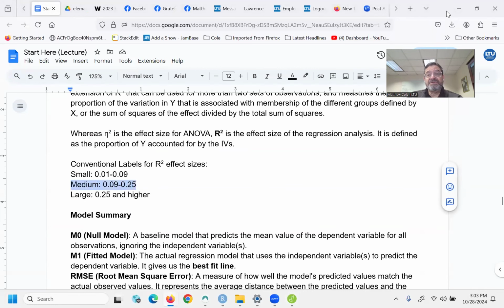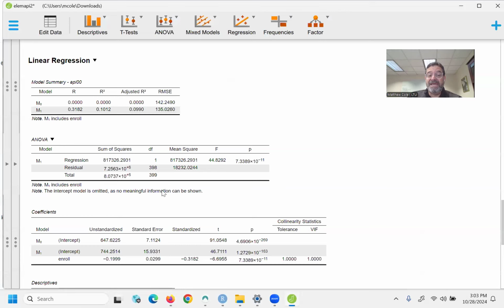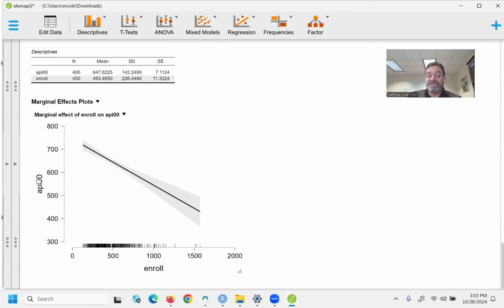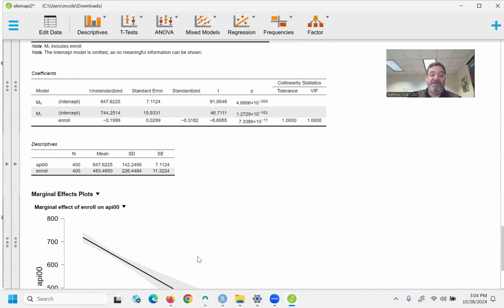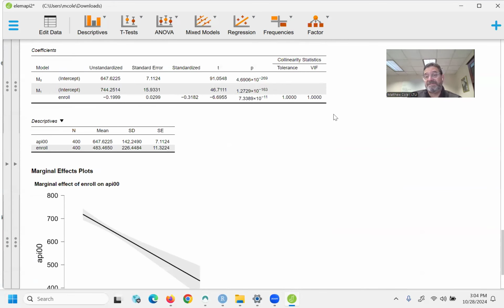So we're able to explain about 10% of the variation in academic performance by just considering the number of kids that are enrolled in the school. That alone explains a medium amount of the variation in academic performance. It's pretty good